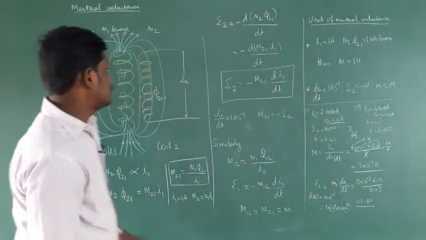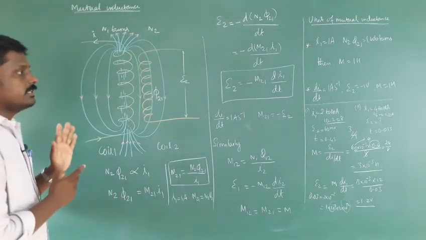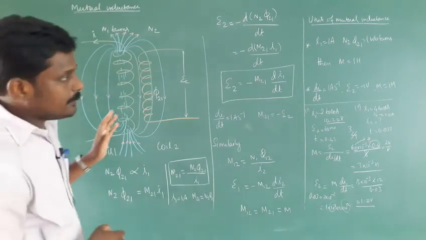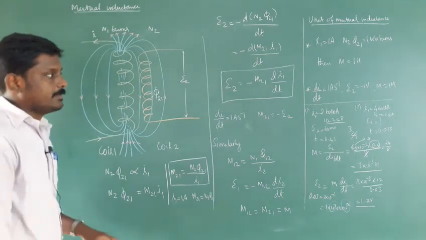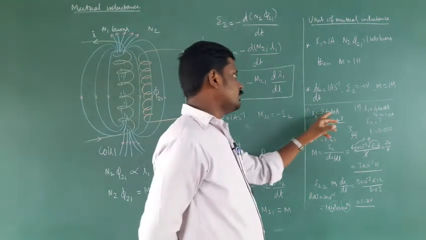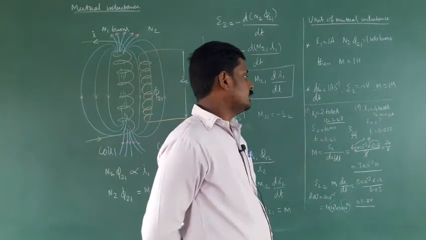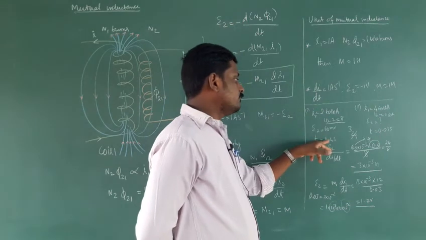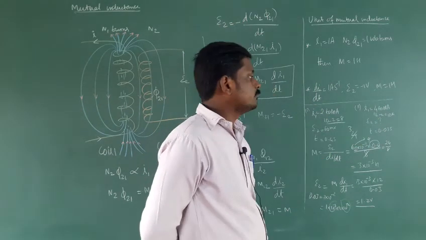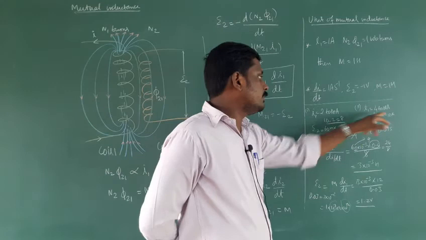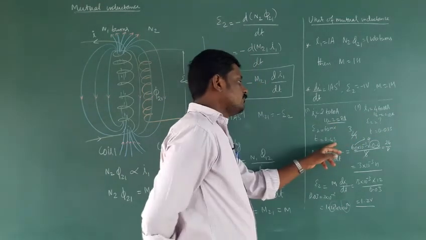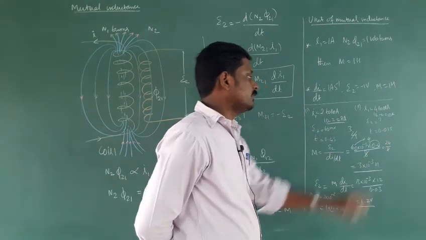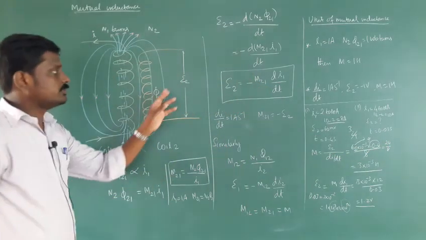Then again, in coil 1, the current changes from 4 ampere to 16 ampere in 0.03 seconds. Just compare. The current change was 2 to 10 ampere, here 4 to 16 ampere. The time interval was 0.4 second, here 0.03 second. So the change in current is 12 ampere here, 8 ampere there. But the time change is 0.4 second there, 0.03 second here. What is the induced EMF produced in the neighboring coil?